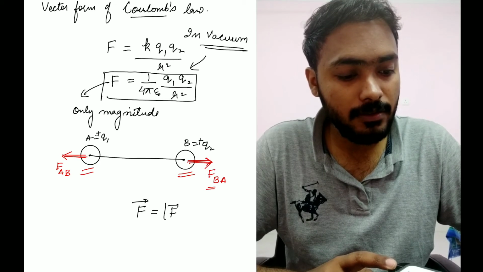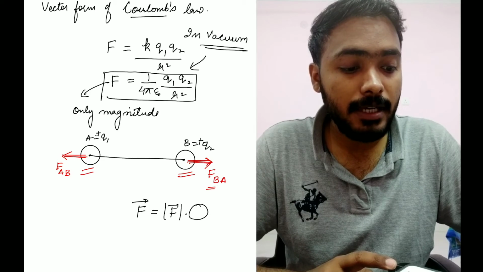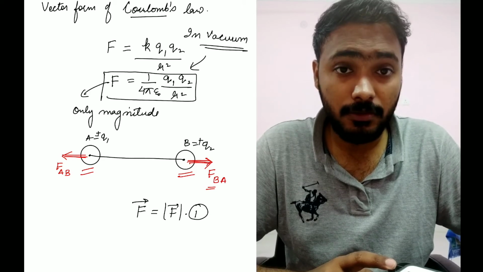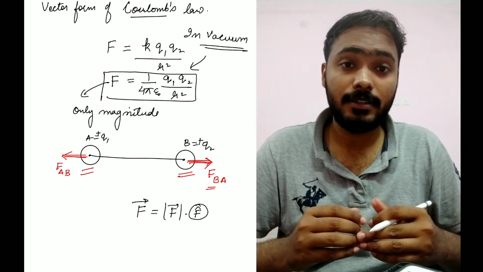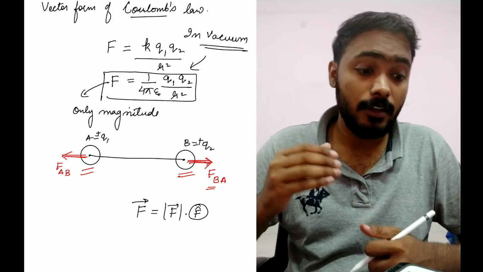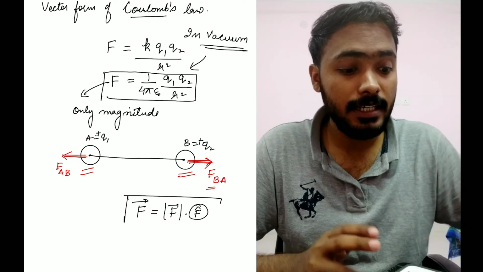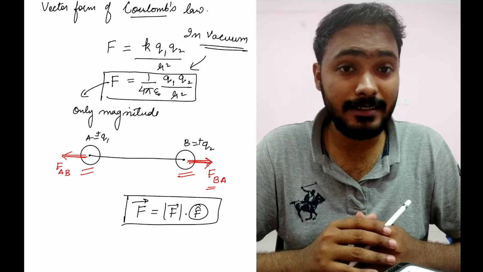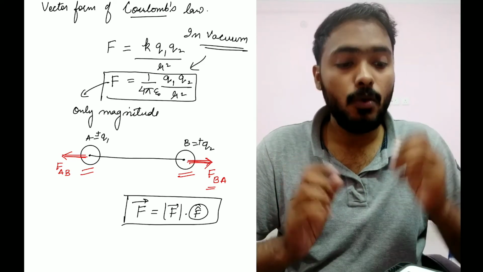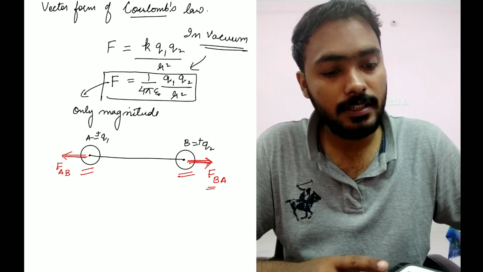Let me say a magnitude, F magnitude, multiplied by the unit vector, or I should say F cap, the direction along which the magnitude is going. This is how we write it. I hope that is understandable to everyone. Okay, great. So if that is clear, let me just